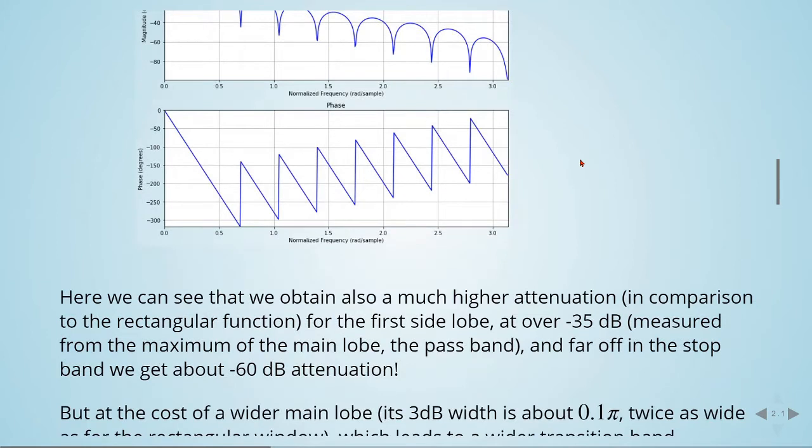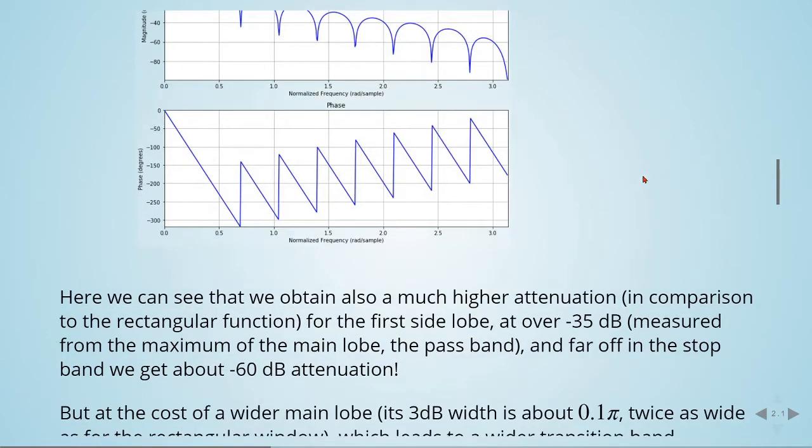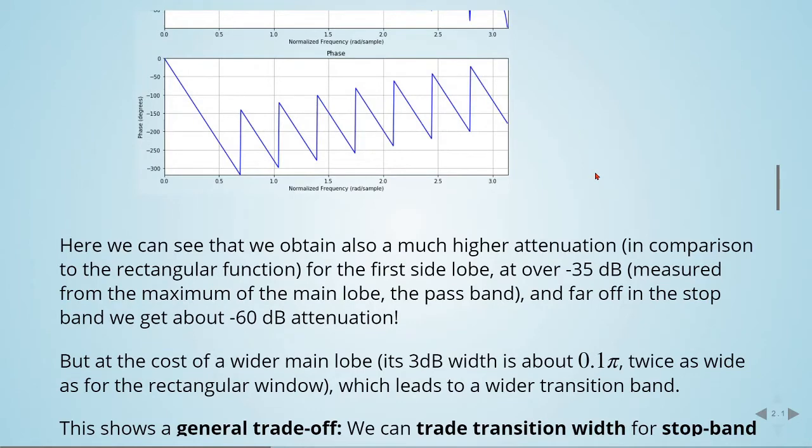Here we can see that we obtain a much higher attenuation in comparison to the rectangular function, for the first side lobe at more or less minus 35 dB, measured from the maximum of the main lobe, so the pass band. And far off in the stop band we get about minus 60 dB, but at the cost of a wider